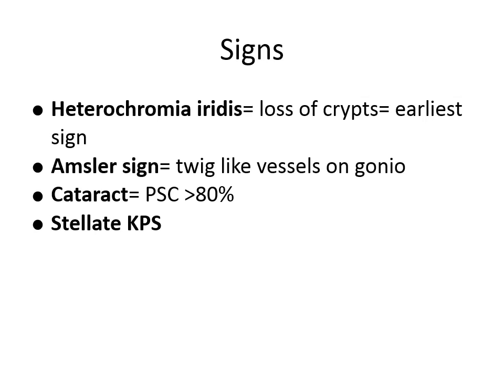Okay. Then next you also have an Amsler sign. Now what is this? On gonioscopy, you will see fine radial twig-like vessels near the angle. That is called Amsler's sign. Cataract is seen in nearly 80% of the cases, and they usually have a posterior subcapsular cataract. Okay. Glaucoma is again seen in around 25 to 60% of cases. Then you also have KPs. Now the KPs here are stellate shaped keratic precipitates. Fine. And then there is no posterior synechiae noticed here.